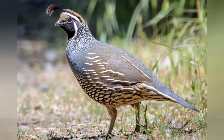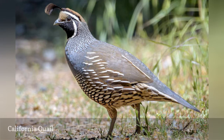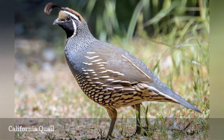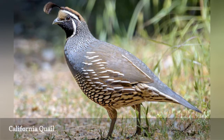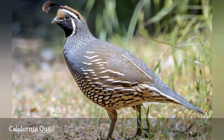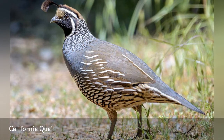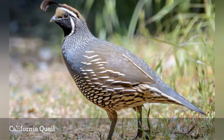No visit to the Golden State would be complete without seeing a California quail, Callipepla californica, the official state bird. These plump, chicken-like birds prefer brushy woods and chaparral habitats, though they can also be seen in suburban areas or large, natural parks. They are found year-round throughout most of California, but are absent from the southeastern part of the